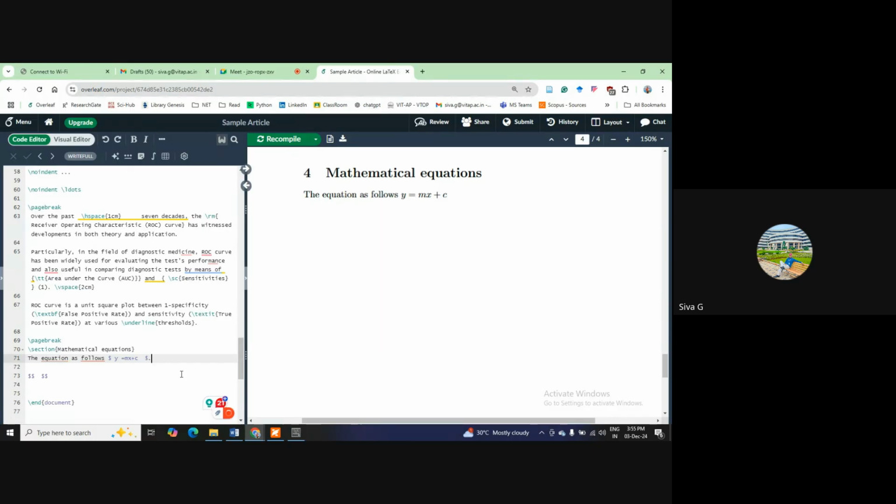Mathematical equation, where m, for example, let us say m is a slope parameter and c is an intercept. I'm just assuming this is a regression equation, so that's why I'm taking y equal to mx plus c. So m is a slope and c is an intercept. Intercept spelling is correct. Okay, leave it. Now I will run this one. Here you can see the equation as follows: y equal to mx plus c, where m is the slope and